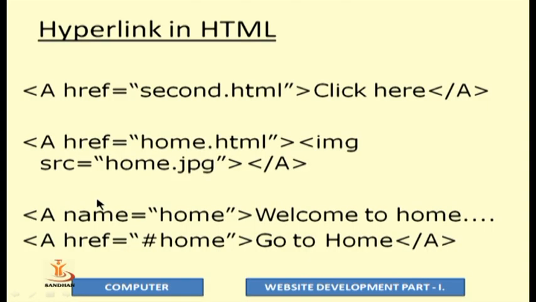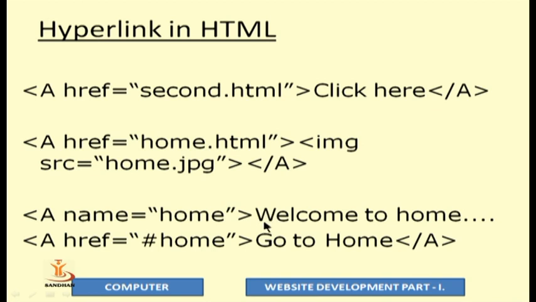The bookmark concept comes from when you are reading books. Normally we start reading from the first page, second page and so on. But at some moment, if we have some important work, we put something between the pages. That is called a bookmark. We are marking something so that when I come back, I can start reading from that particular portion only. So to understand bookmark, the same tag, hyperlink tag A, is used.